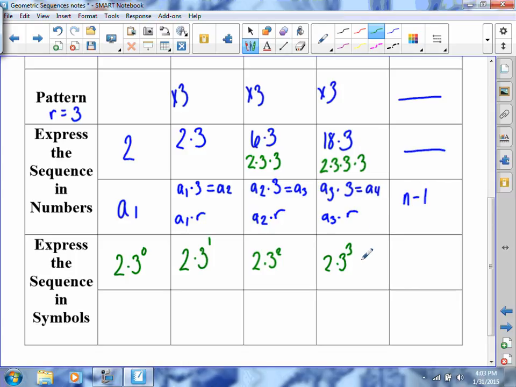So now I have a little bit more structure here. And it's pretty much the same structure for every single box in this chart. All of them have a 2 to begin with, so that was my A1. That was my very first term. And all of them have the 3,